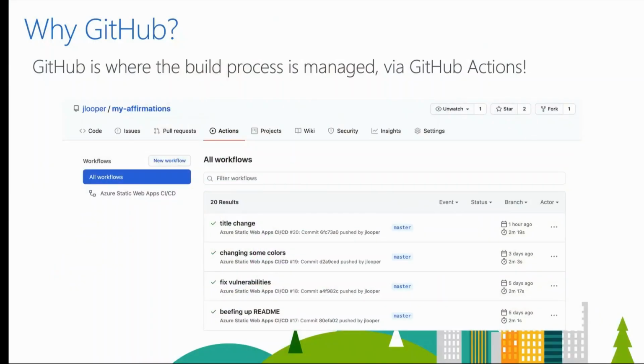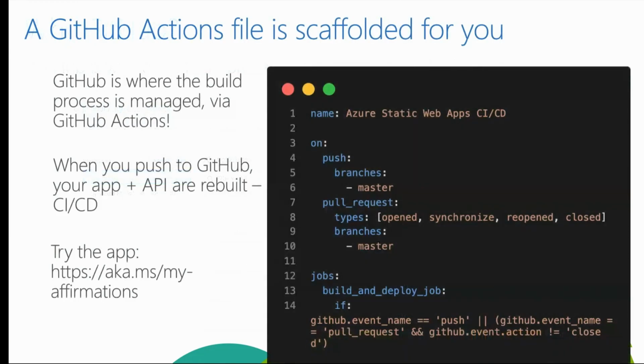Exactly. Yeah. So here's what your GitHub Action looks like, within that little Actions tab that we always forget to click on, but here they are. And then it's kind of cool because everybody can see what's going on. And if there's any kind of breakage, you can always watch for that. So that's a really helpful way of developing in public, and all your team can watch what's going on. So this is a nice feature. And here's an example of what that file looks like. You basically tell it where the API folder is, where your app folder is,